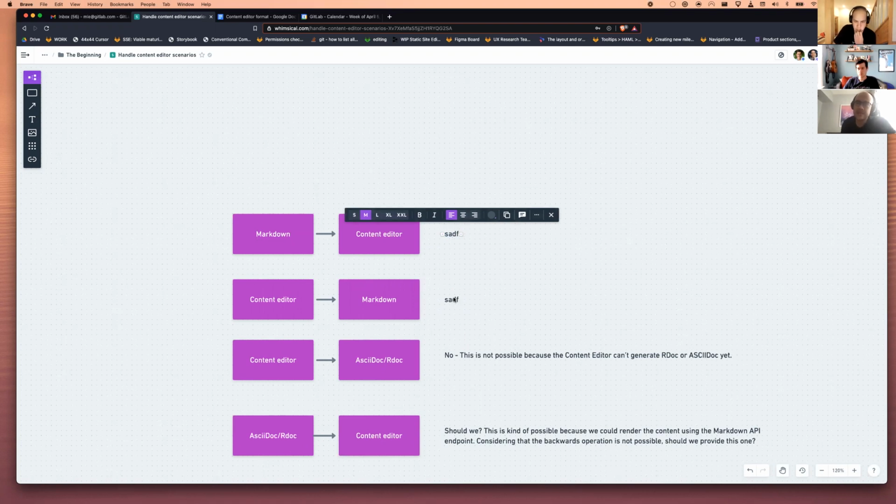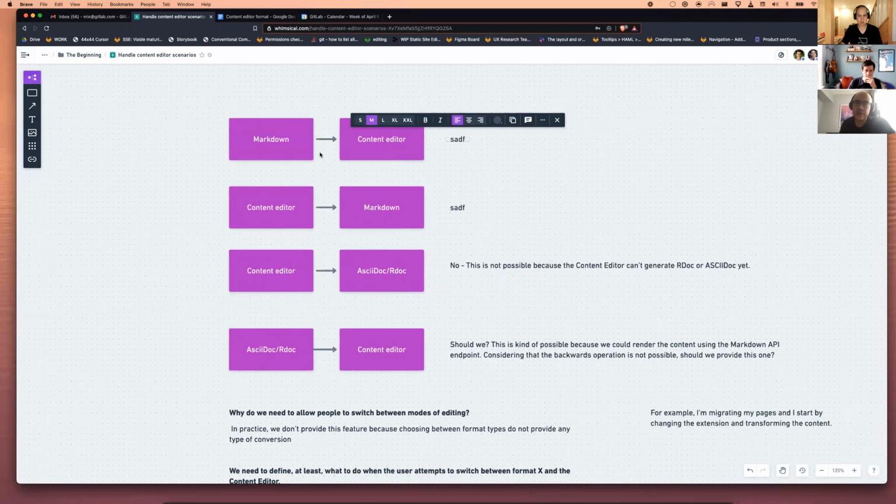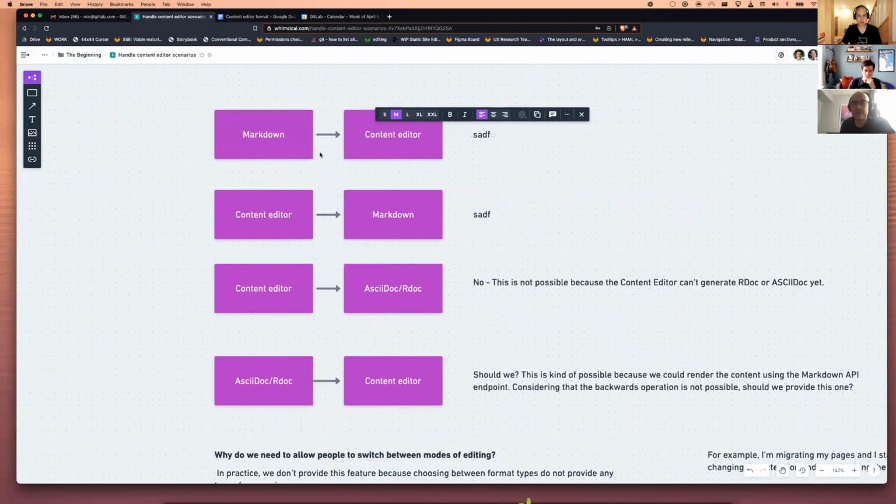So the conversion process is we take the Markdown, we convert it into a format that the content editor can understand, and the user can use the content editor to edit it. And when the user is going to save the changes, we convert that format back to Markdown to persist it